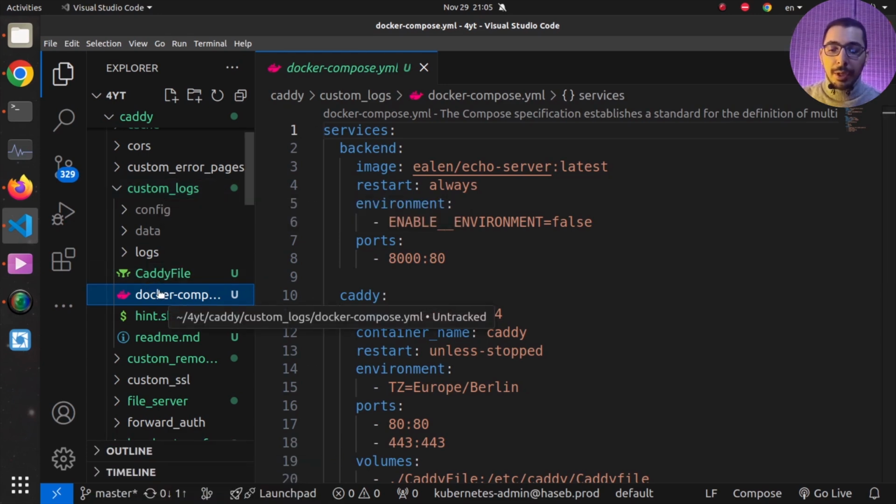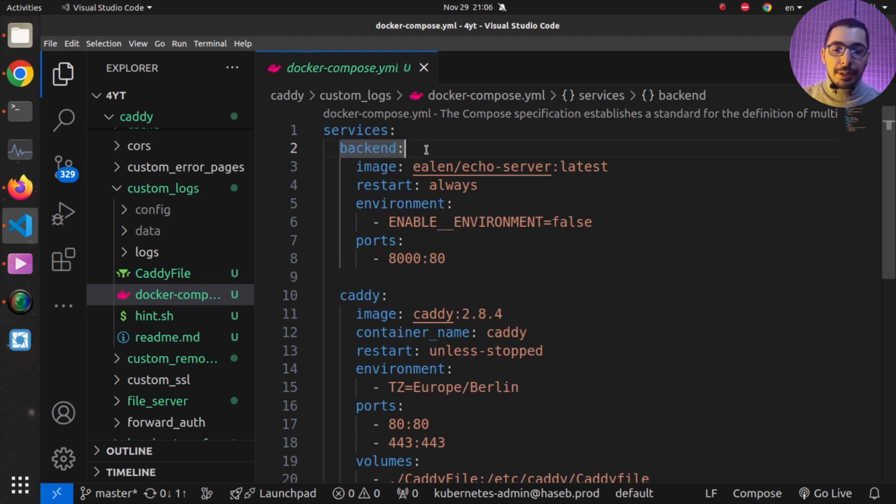So as you can see, I've got a Docker Compose file prepared in order to demonstrate how the logging will work and how we can configure Caddy to output these logs and keep them based on our use cases. I've got two services in my Docker Compose file. One is a backend server, which is an echo server that will respond with the details of whatever request it receives. So it is a good enough tool for us to use as an upstream server to reverse proxy for the